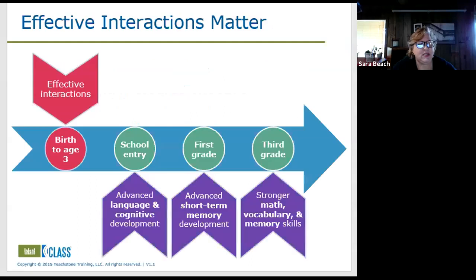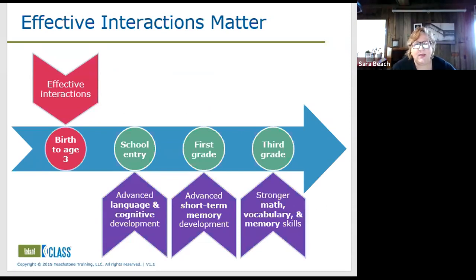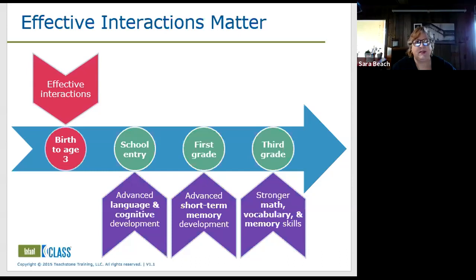There are 4 dimensions in this tool, which I'm going to get to, and you can pin down, across our staff, how are we doing in these 4 dimensions of infant interactions, and really focus everybody on where you need them to focus for their learning. So we know that effective interactions early on are what set the stage for the rest of kids' lives, right? Everybody knows that. And they've got lots of data to support this, that when we give kids the right things early on, they do well. It sets the trajectory of their learning for many years.